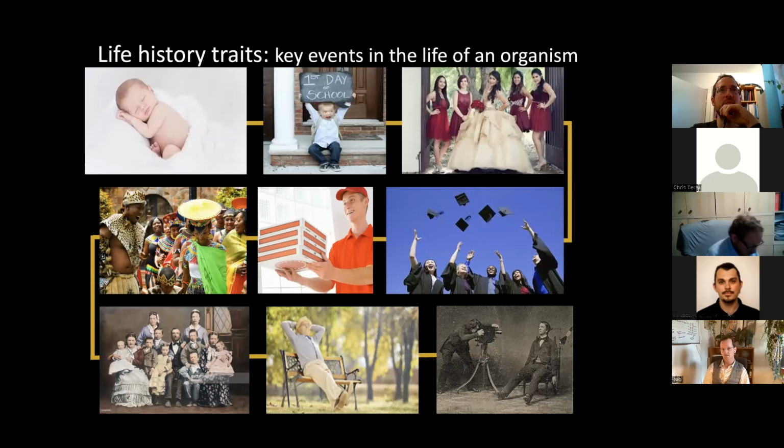A life history trait is an event that describes a key transition along the lifespan of an organism. So when you think in humans, for instance, when we're born will be a life history trait. When you first go to school, in some countries, when you're formally introduced to society, in Mexico, for instance, the Fiesta de Quinceañera, when you go on to graduate from your studies and move on to your highly paid job